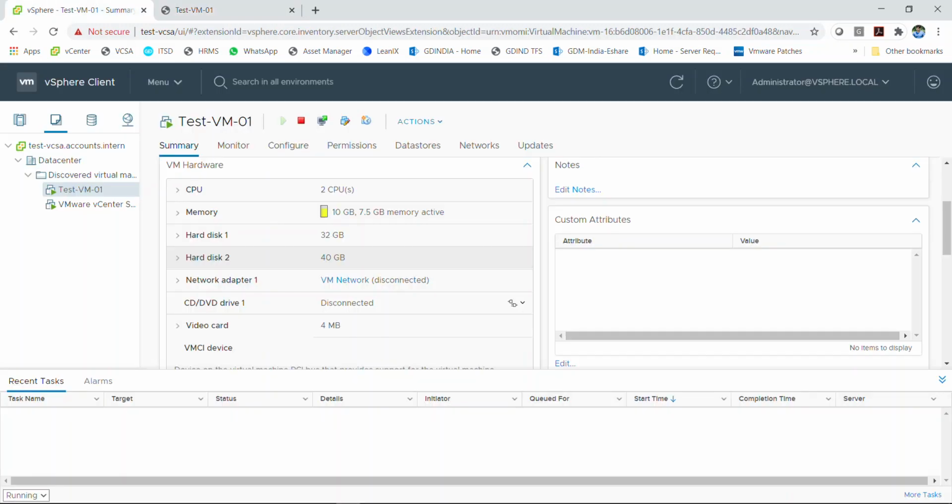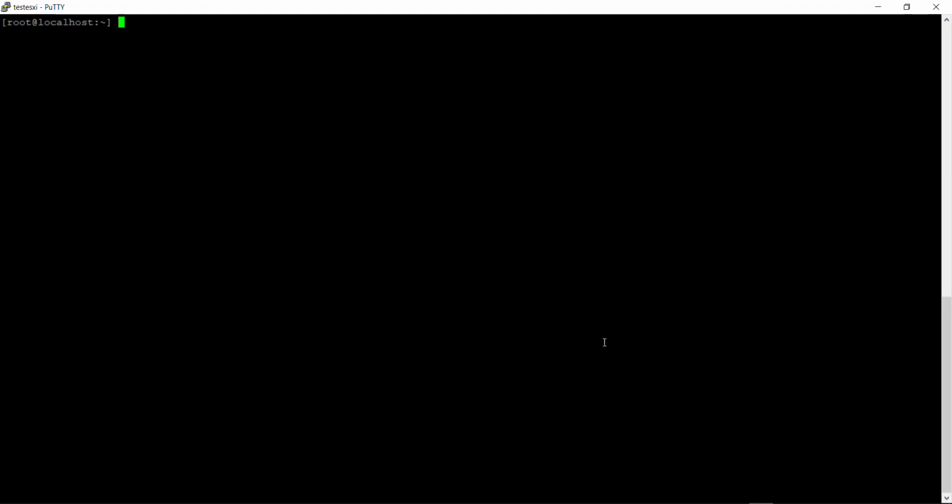It is down now. Now connect to the host on SSH where this VM exists, and go to the data store where all the files for this particular VM are present. cd /vmfs/volumes/datastore1, into the machine's folder.